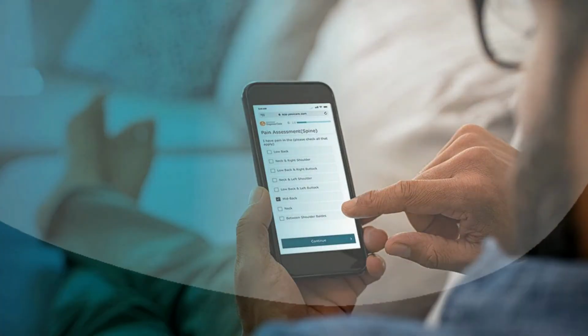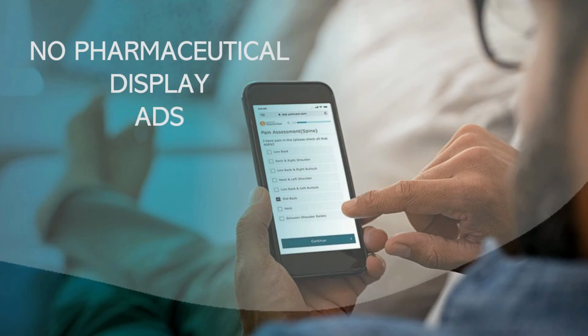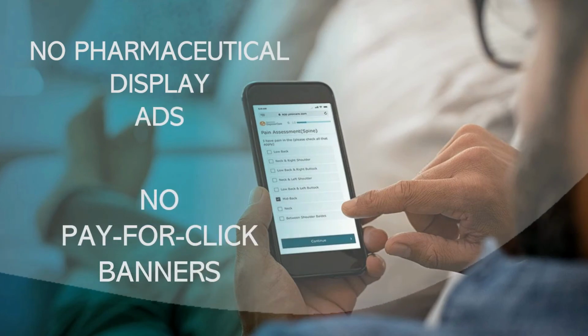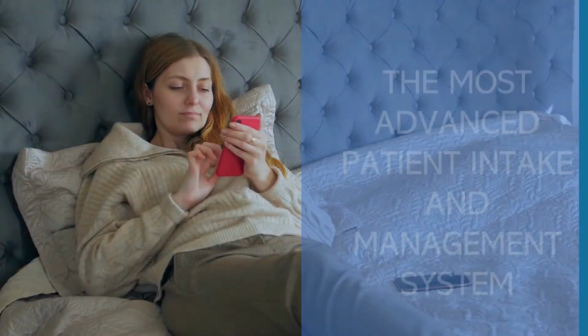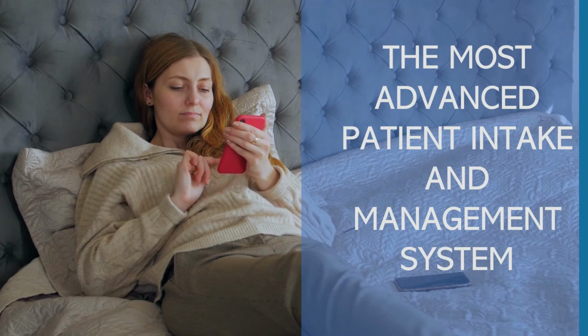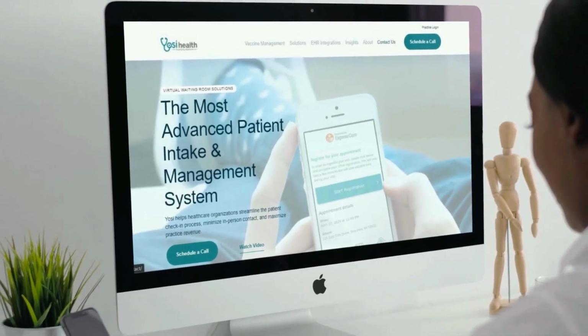It's why the Yosi Health integrated solution has chosen not to accept pharmaceutical display ads or pay-per-click banners to clutter up the experience patients are seeking with their practice through our platform. Since our inception, it's been an important differentiator that we think gives our suite of services a significant degree of integrity above the rest. To find out more about our intake tool and the values we embraced in developing it,